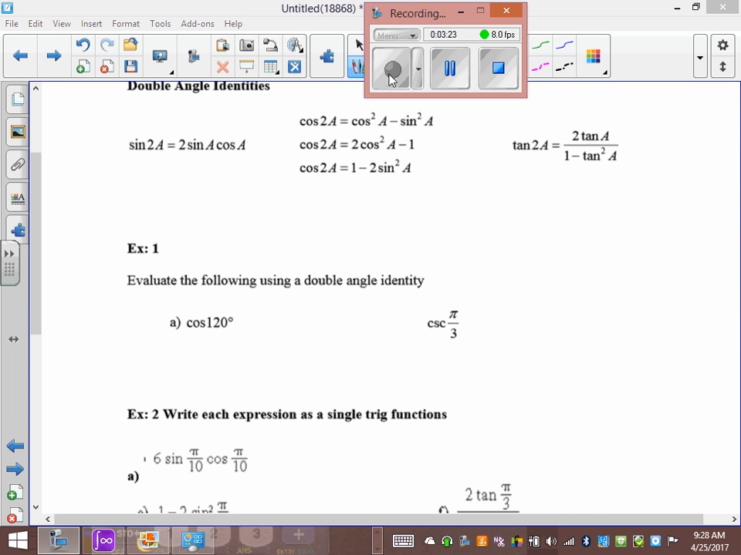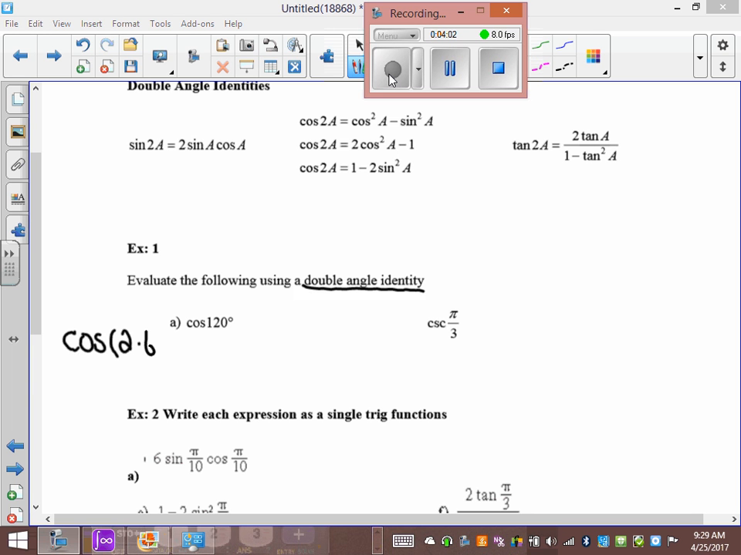So these are the formulas that are the double angle identities, and they're on your formula sheet. They're the last ones. It says evaluate the following using a double angle identity. So I need to use cos 2A. So what would A have to be in order for 120 to be the answer? If you're doing 2 times something, 60. So we're going to go cos